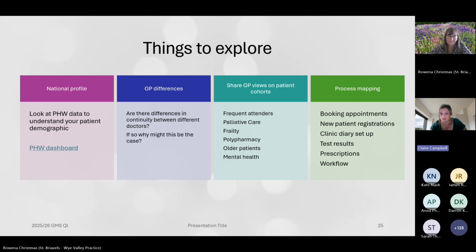Test results are a really useful place to start. You could understand how tests are received. Is this automatic or through a manual direction? For example, many results now all return to a pooled GP or senior partner as the default setting. So think about how that could be reviewed, how we can improve continuity from that point of view and make it a manageable system. Who reviews the test and when?